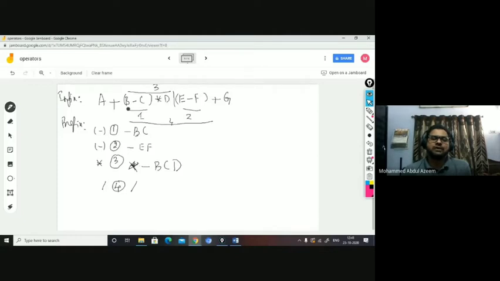So what is part 3 here? Into minus BCD. Then what is the right operand for it? Minus EF. Right. So this whole has now become a value, after the operation is done.